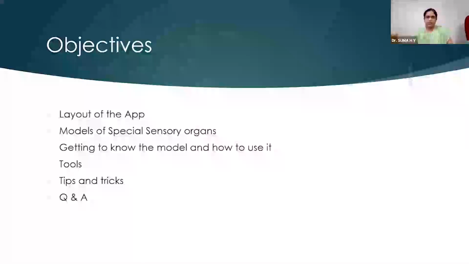Immediately after that we'll see how we can add different layers to the model, how to use the tools, how to use the tab and how to share the screen, and what tools are available, then a little bit of tips and tricks. Finally, I want to dedicate some time for questions and answers, because I know you'll also be curious to know how we can best utilize such a platform for learning.